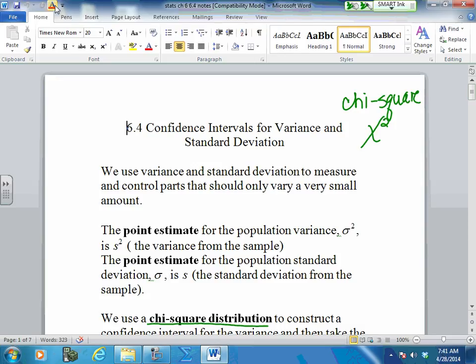Now, we have to find a way to measure variances and standard deviations. For variance and standard deviation, things that are used for this are things that are measured small. For instance, if you're looking at the size of a boat, a boat that has to fit into,